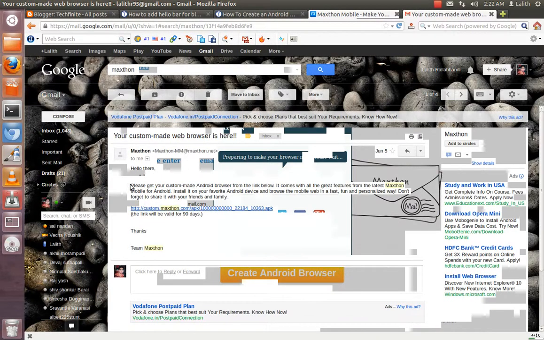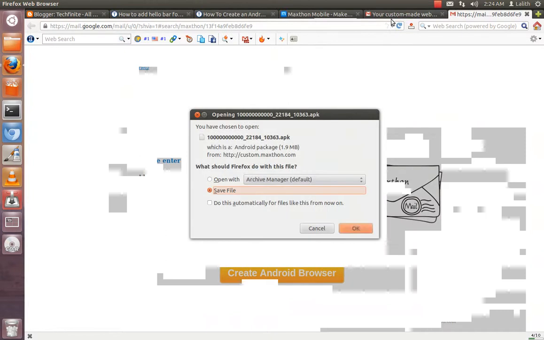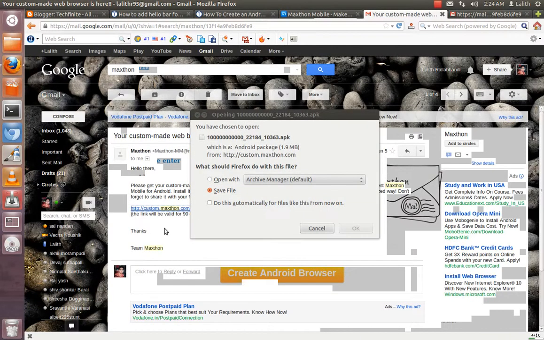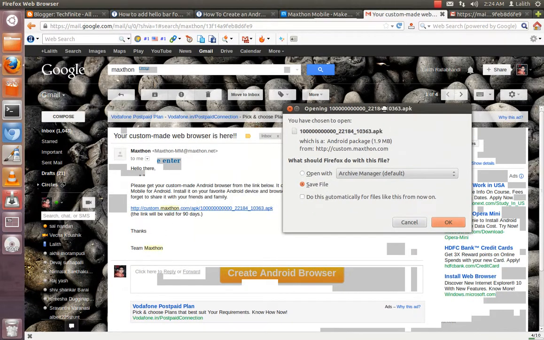And see how I got my mail from Maxthon. This is the app download URL. Click on it to download, and the most important thing is this link will be available for only 90 days. As I have downloaded it, click on OK.